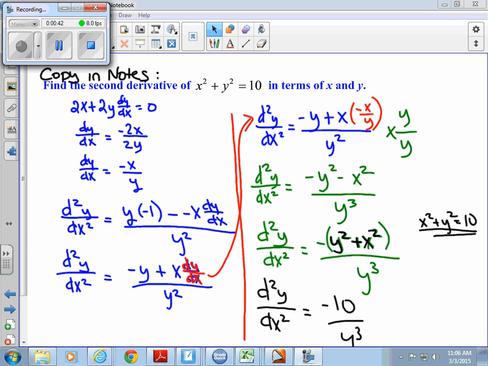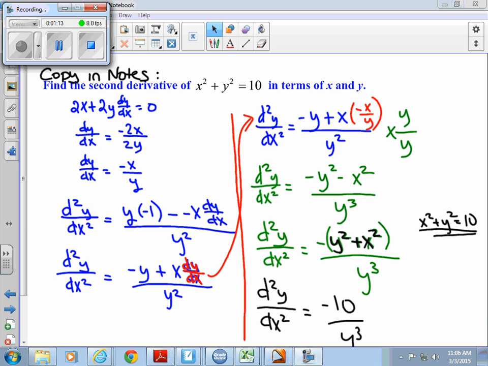To simplify my life up here, nobody likes fractions inside of fractions. Now you can get a common denominator and flip and multiply. That would work wonderfully as well. A clever thing to do is multiply by that denominator on top and bottom. What that does, now it does distribute. It gives you negative y squared minus x squared. This y cancels over y cubed. And then